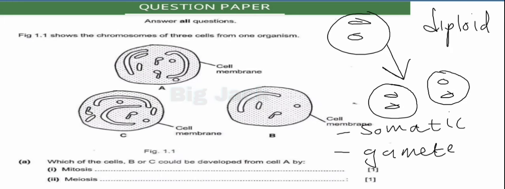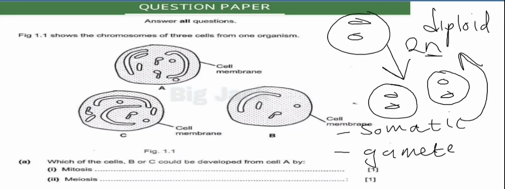So when it comes to the somatic cells, they are also known as the body cells, meaning we can say that the total number of chromosomes in somatic cells or body cells is represented by the diploid number. Usually the diploid number is denoted by 2n, where n is going to represent the monoploid number